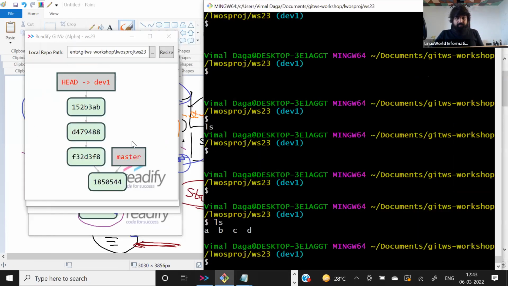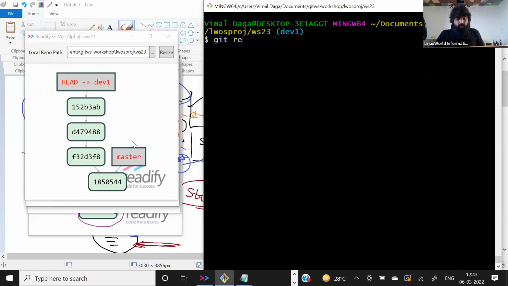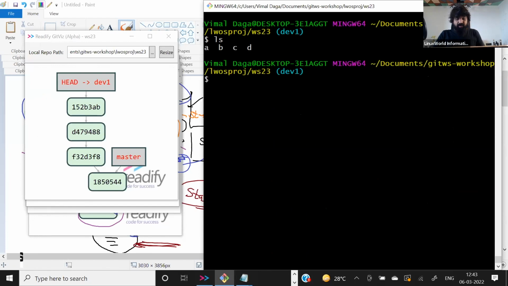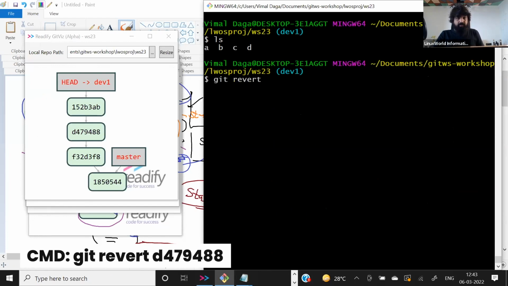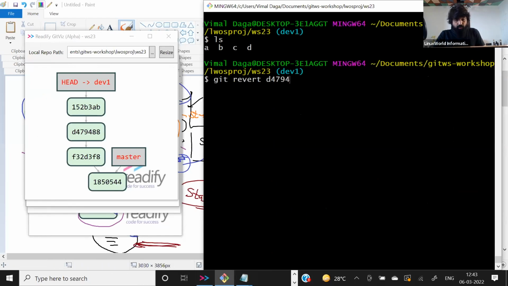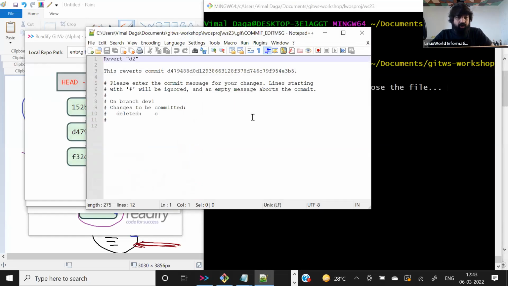Now I'm on the dev1 branch. I want to revert back to my, right now this is the data we have in my system, the cd file we have. So I want to revert back to D479488, this particular point in time. They're asking you